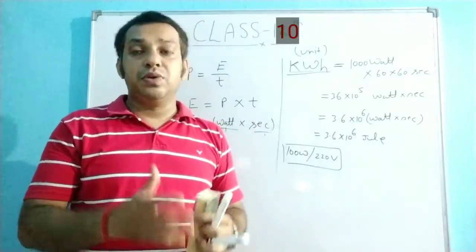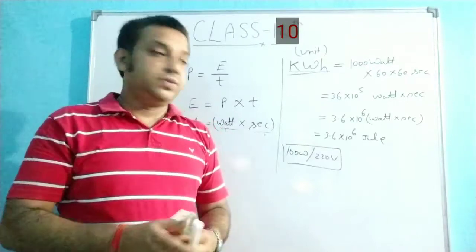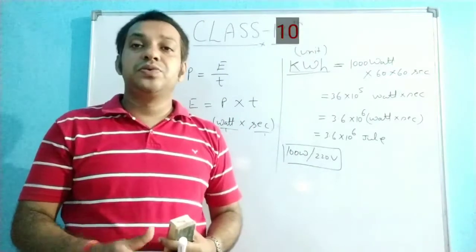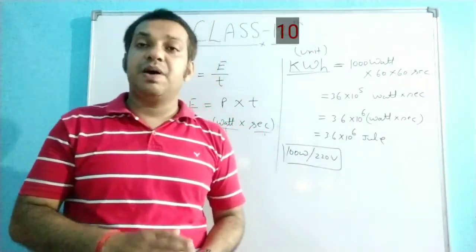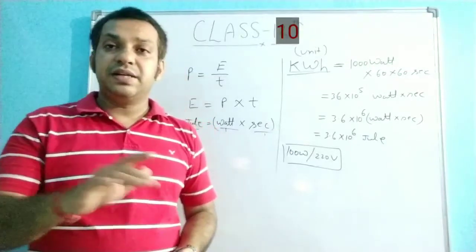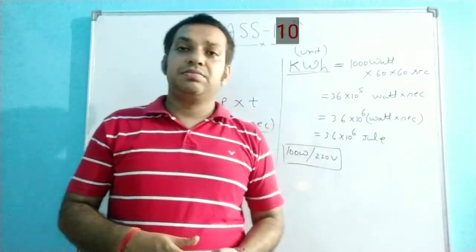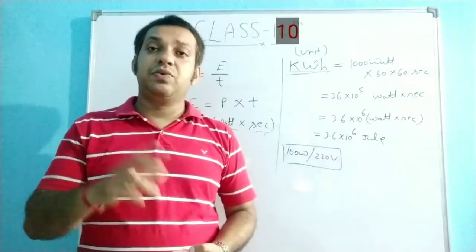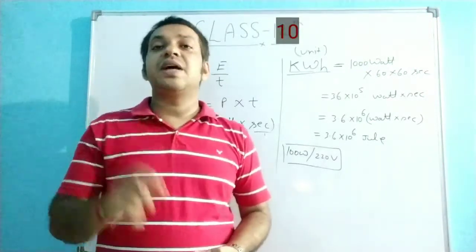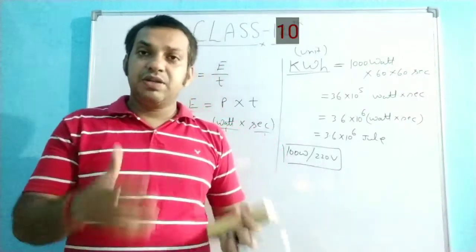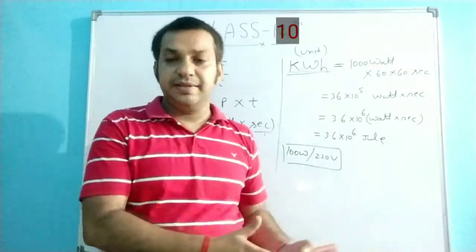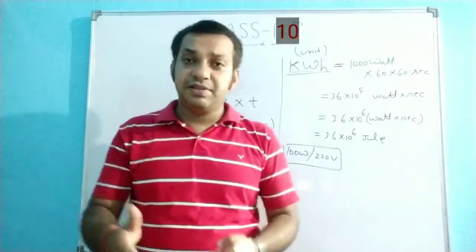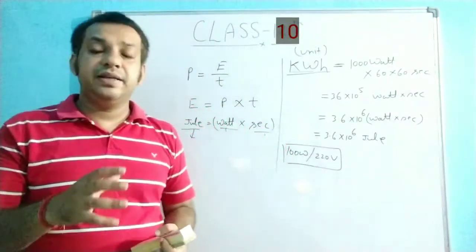That will consume more energy. So you should purchase appliances whose power rating, which is mentioned on the appliances, should be minimum. That is why in the current situation, companies mention on the appliances 3-star device, 4-star device, 5-star device. This star is given after calculating the power consumption of your appliances. So if you are purchasing a 5-star or 4-star appliance, that is the indication